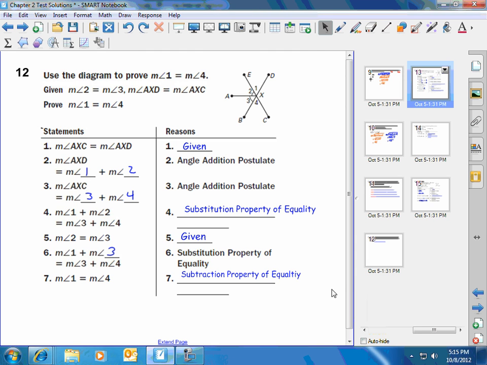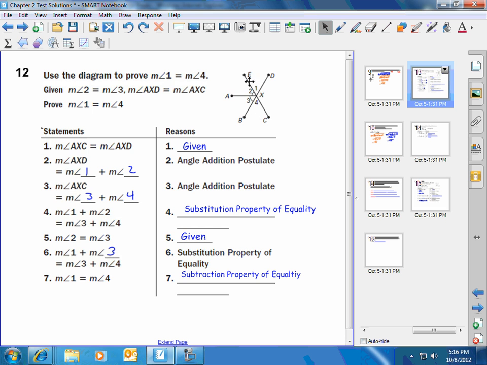Okay, let's look at numbers 12 and 13. They're both proofs. Starting with number 12, use the diagram to prove that the measure of angle 1 is equal to the measure of angle 4. So what we're looking at is first what's given. What's given is that angle 2 and angle 3 are equal in measure, or they're congruent,